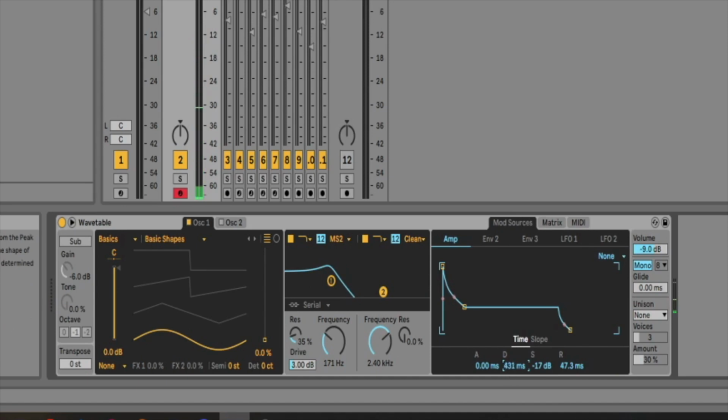As I increase the decay, we're getting the body of the kick. So this really depends on how long your notes are. So if you hold the note,